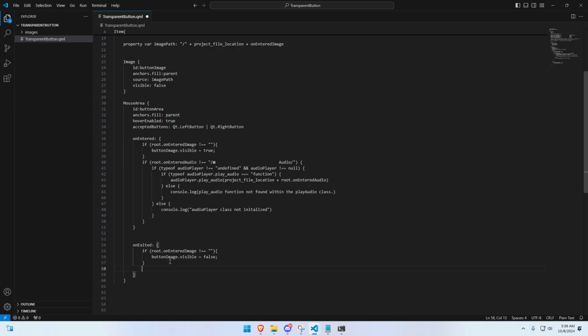Then we're going to come out of that and go into another if. And this is going to say if the root.onExited audio does not equal, and oops, we're going to go into this audio file again, which is pretty much blank. If it does not equal blank, then we're going to go into another if, which is if the type of